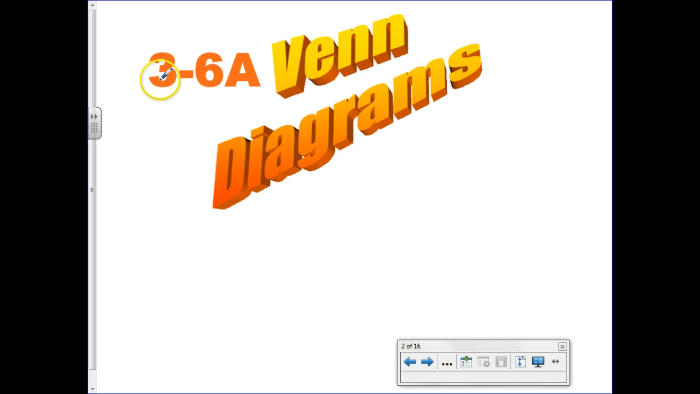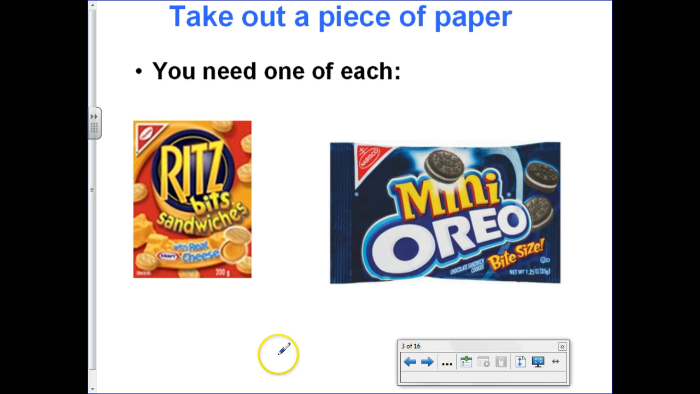So the heading for your notes will be 3-6A. We'll do 3-6B, where we get into compound inequalities, in a little bit. But today we're going to focus on the Venn diagrams alone. Okay, now here's what